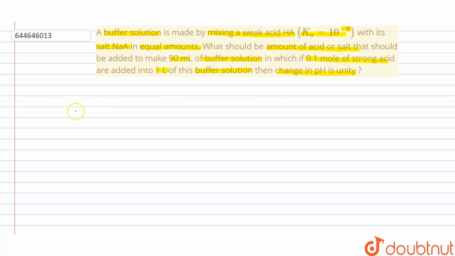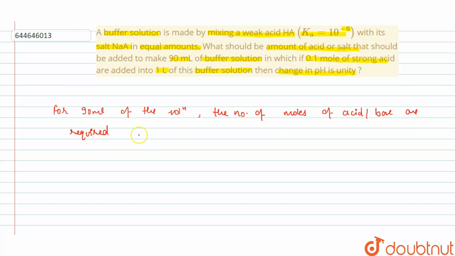So first we write for 90 ml. For 90 ml of the solution, the number of moles of acid or base required are: 90 ml, this is the volume, multiplied with 0.1 mole,